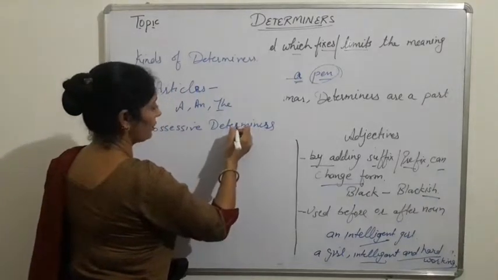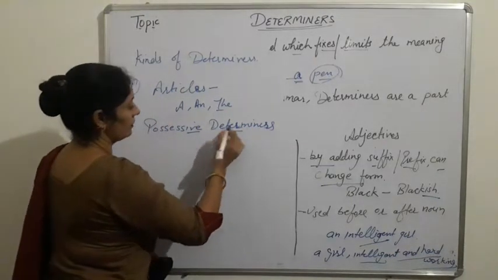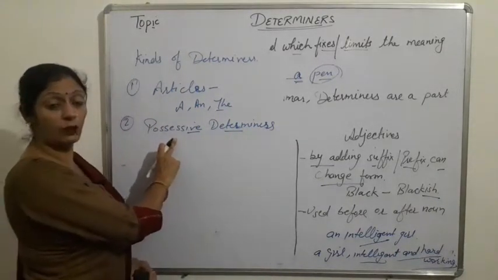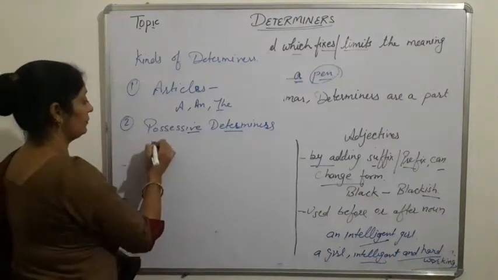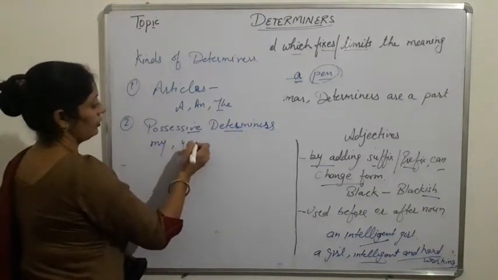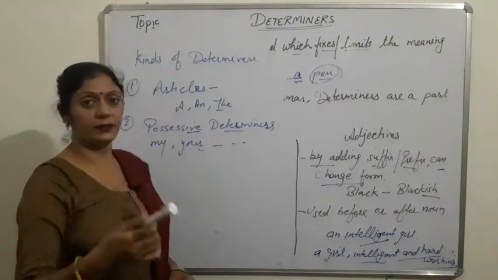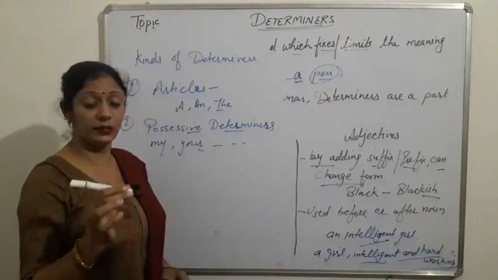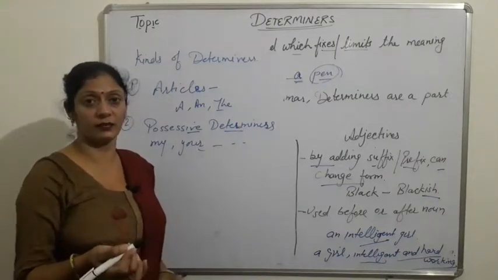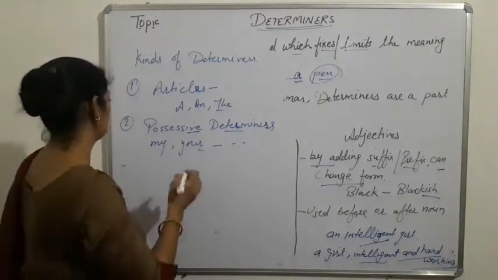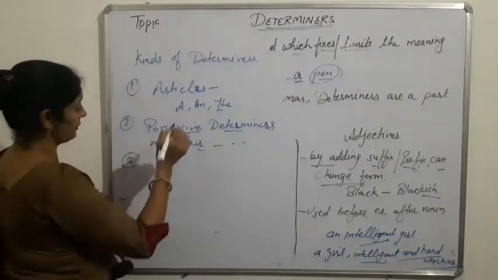These type of determiners show our possession, our ownership on something, and the words are my, your. For example, if I take this marker, my marker, it shows my ownership on this marker, my possession on this marker. Third type of determiners are